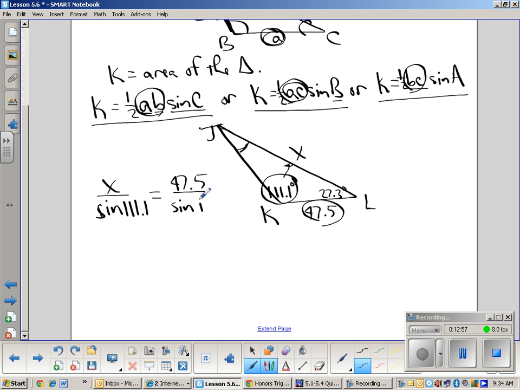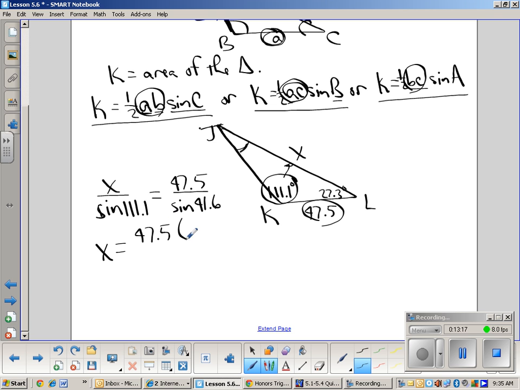Sine of 41.6. How do we find that in case we lost somebody? You have to add the 2 angles and then subtract from 180, right? And so x is going to equal